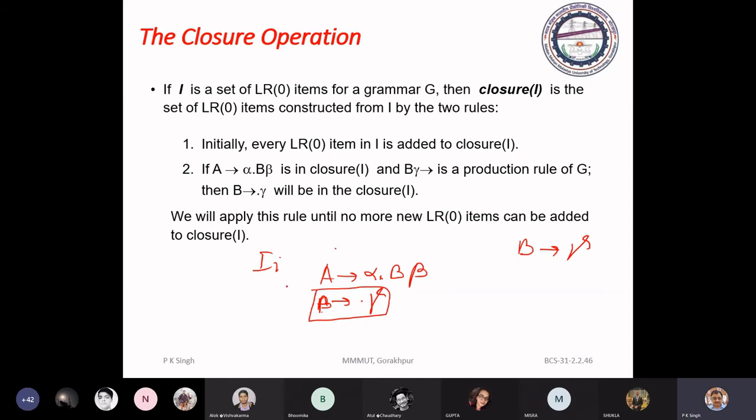And an item set will say about a certain state of the parser, and it will have all possible items for the grammar which are closure of this. So we can compute closure.